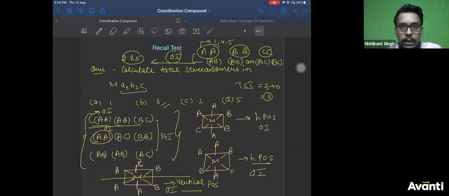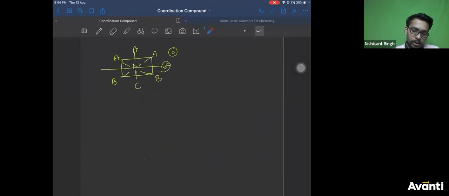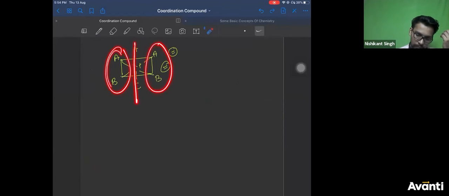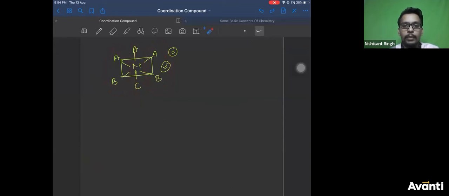So this is Pritish. Then it is the previous one only. Exactly, Pritish. Atharv, this is not a vertical plane of symmetry. Just a minute. Just a minute. Atharv, this is a vertical plane of symmetry, no? AB, AB, AB, AB. Vertical plane of symmetry.